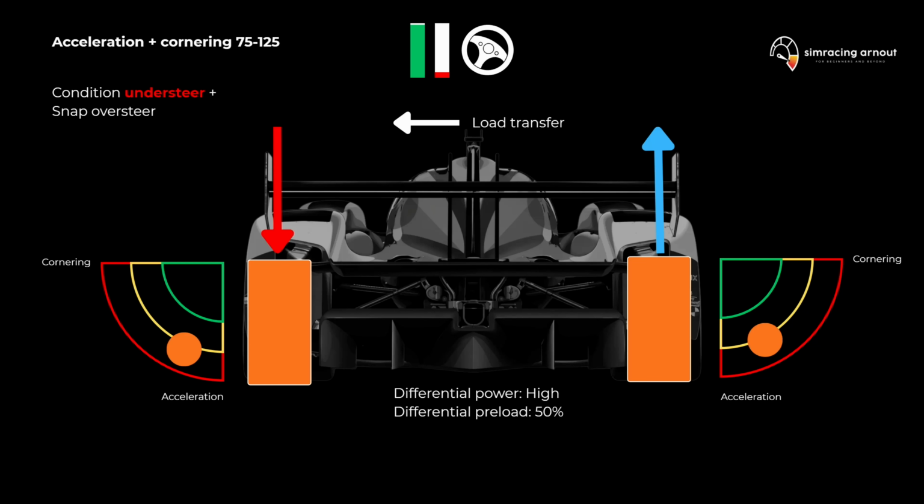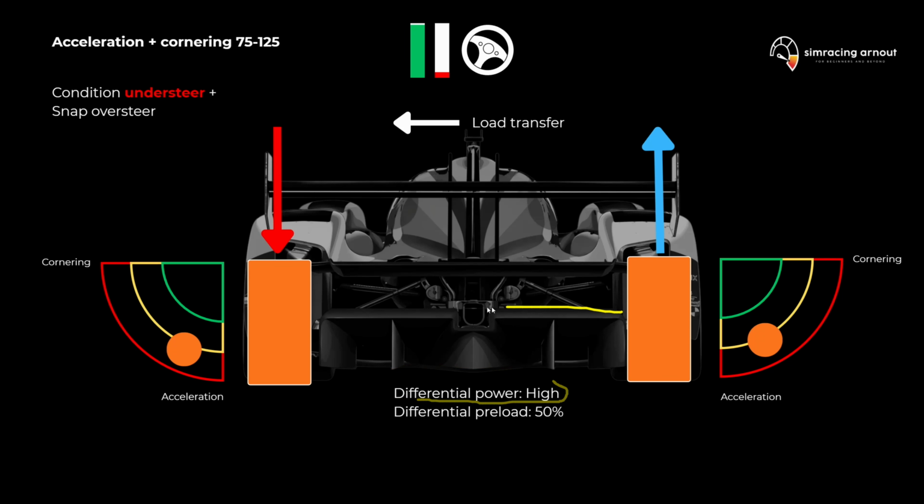I'm taking a lot of time to explain this power differential, and then we're going to do the coast. After you understand that, preload is explained in a minute. You'll immediately know what preload does and how it works for GT3s as well. So let's keep going. When we exit a slow corner again, but now we're using a high power differential